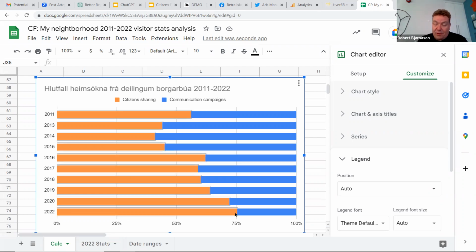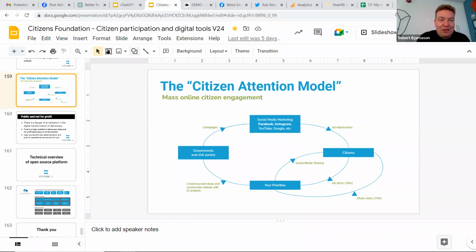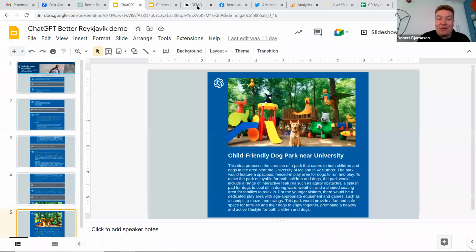As I said, it's up to 75% now. And from a communications perspective, you don't pay anything for this. This is citizens sharing amongst themselves. However, this virtuous cycle is not going to happen except if you do the other 25%.